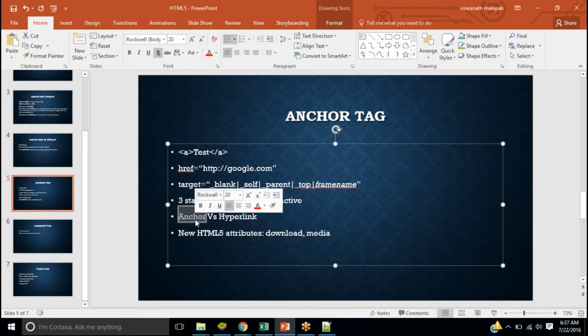So anchors are used for that kind of purpose. But the sad part is that HTML5 doesn't support this anchor usage. In fact, we can say it is deprecated. It will still work because browsers are still aware of older versions of HTML. Maybe 10 to 15 years down the line, if all browsers move to only HTML5 and don't support the previous versions, the anchor functionality will not work.